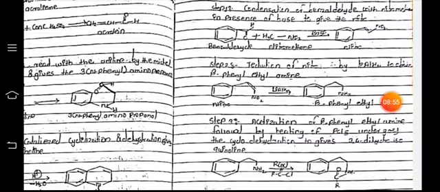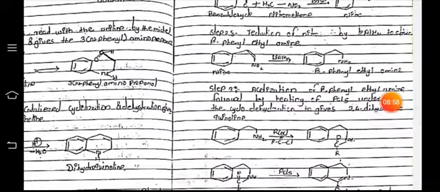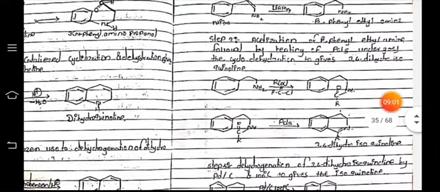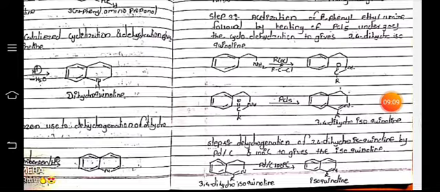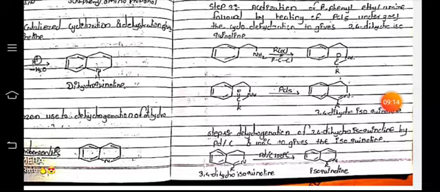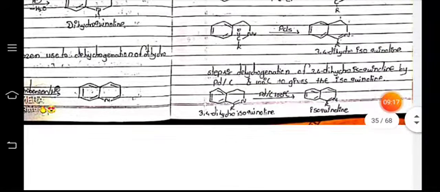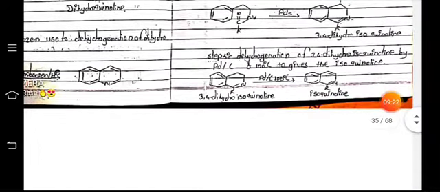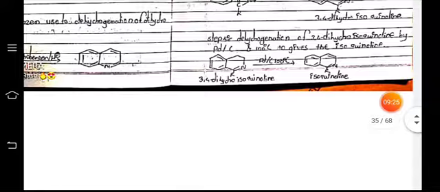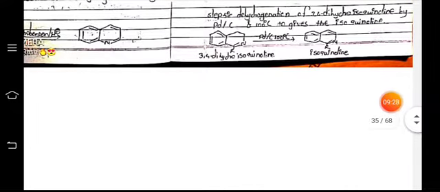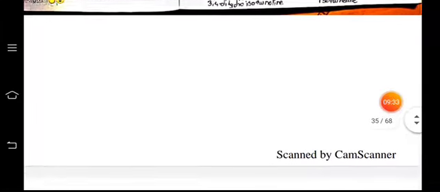lithium aluminum hydride, which reduces it and gives beta-phenylethylamine, which on acetylation, that is acetylation of the beta-phenylethylamine, followed by heating with PCl5, undergoes cyclodehydration to give 3,4-dihydroisoquinoline. So this is all about the next product formed, that is 3,4-dihydroisoquinoline. Next one is step 5, dehydrogenation of the 3,4-dihydroisoquinoline by palladium on carbon to give isoquinoline as the product